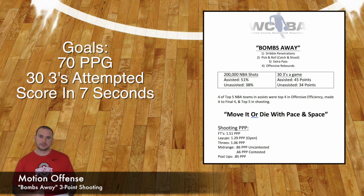Just some points per possession that are important. For free throws, it's about 1.5. Open layups is about 1.3. Threes are about 1.06, and then everything else is pretty much under 1. So we wouldn't really try to focus on that as much, although if they have an open mid-range shot, I definitely encourage them to take it. But we were looking more for threes and layups, kind of the Houston Rockets style, because that was our advantage